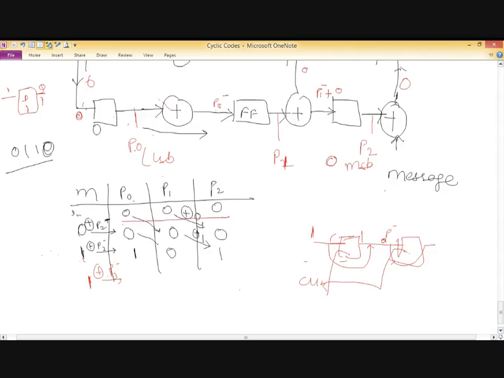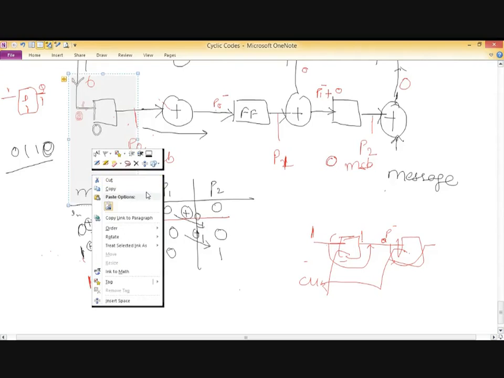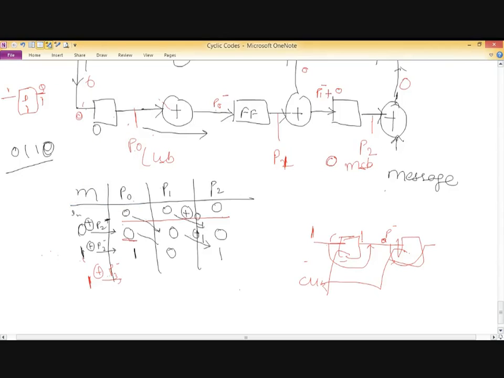ठीक है। अब जब क्लॉक लगाया तो P0 का कंटेंट क्या बन गया, 0। P1 का कंटेंट क्या हो गया, P0 माइनस। और P2 का कंटेंट क्या हो गया, P0 माइनस P1 माइनस प्लस जो नया कंटेंट आ रहा है 0, दैट इज ये, ठीक। अब आगे बढ़ते हैं। अब फिर जब हमने यहाँ पे 1 एंटर किया तो 1 प्लस यहाँ पे पहले से अवेलेबल था 0, देखो P2 का कंटेंट क्या है 0, ठीक। तो 1 प्लस 0 हो गया 1, सो अब सब में आया है 1।